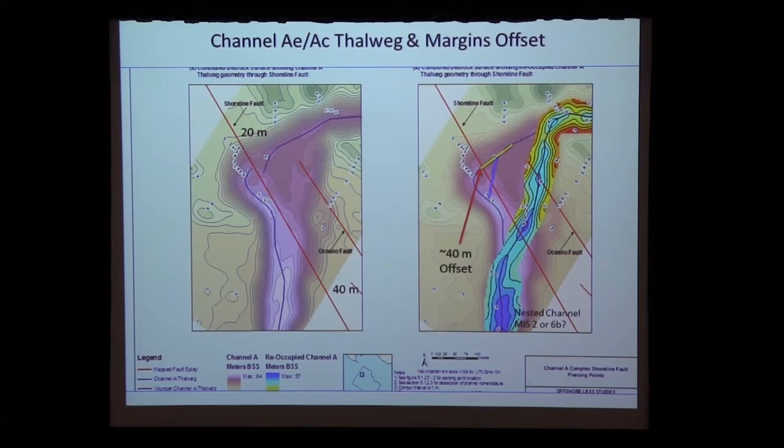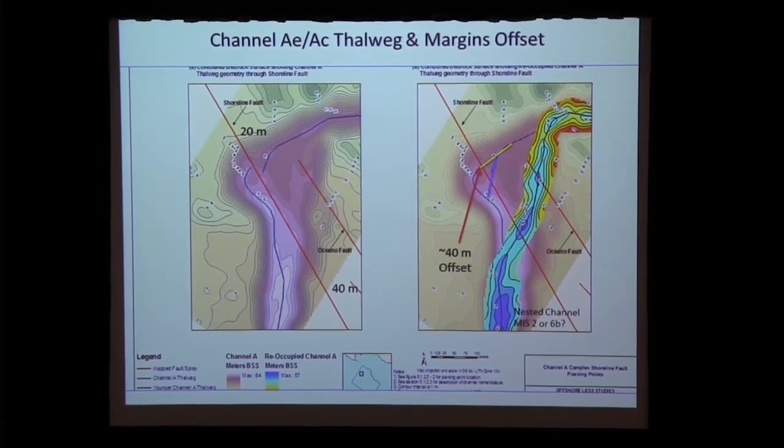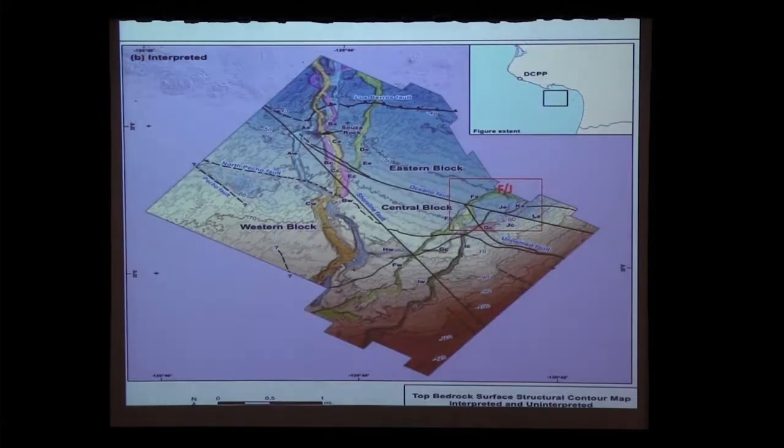This is one of the best Talweg offsets that we've seen here, and that is about 40 meters from here to here. We also have 40 meters of offset down on the wall down here, and another 20 meters of offset here. So we're within a good range of both margin and Talweg as far as offsets are concerned, right? Okay, so then I'd like to just jump a little bit down here to channels F and J, which are in here.